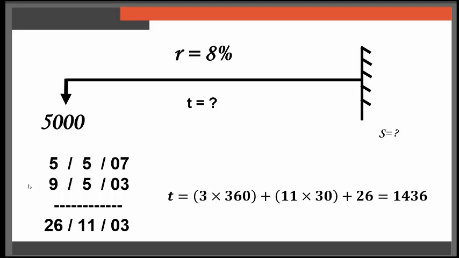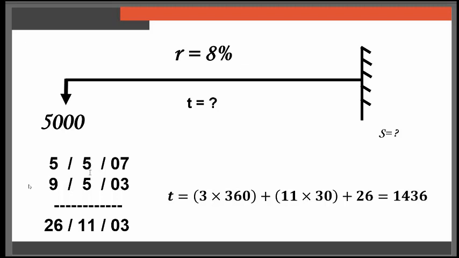We need to get 1 month from 5 months, which is equal 30 days. So the total days here will be equal 35. 35 minus 9 equal 26. 5 will be 4. 4 minus 5